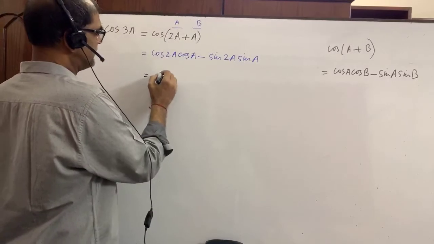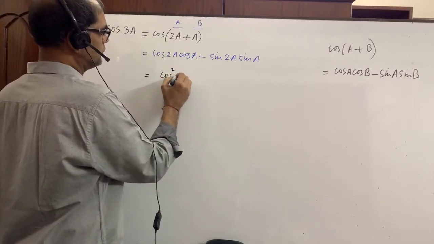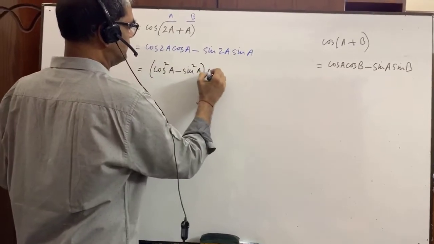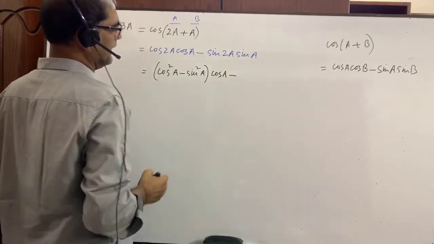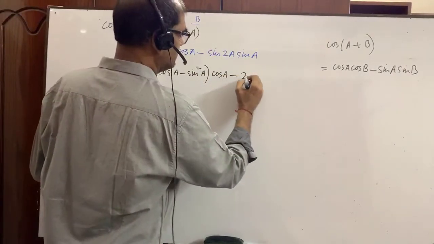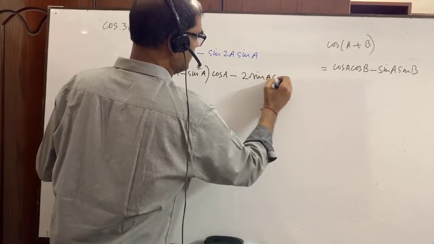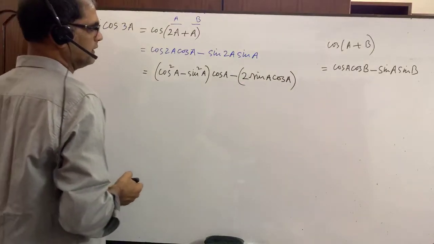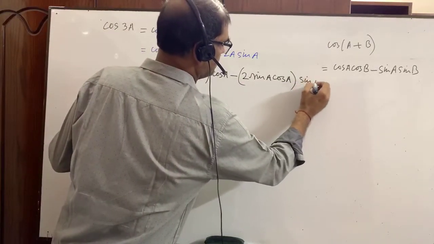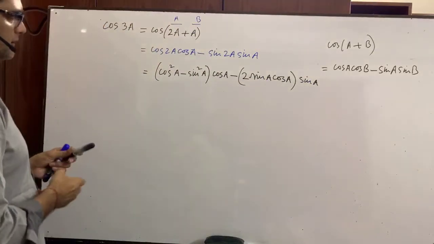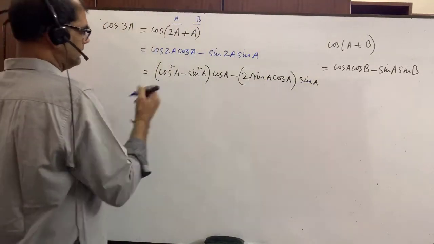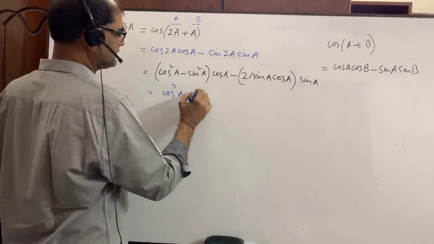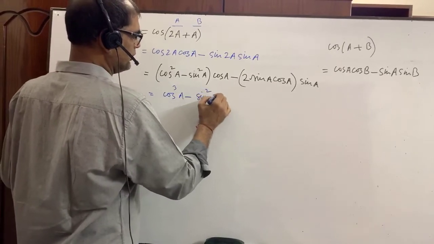Cos 2a, that day I wrote, is equal to cos square a minus sin square a, into cosine a. And sin 2a can be written as 2 sin a cos a. This is the formula, into sin a. Now you see, we just multiply and we will get cosine cube a minus sin square a cosine a,